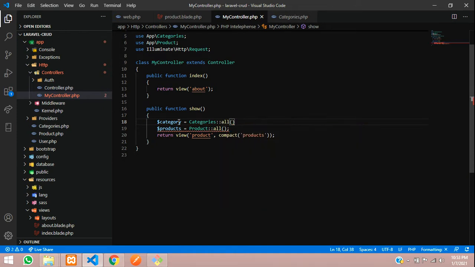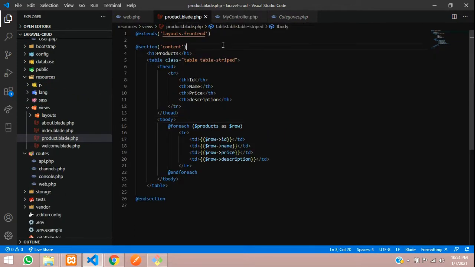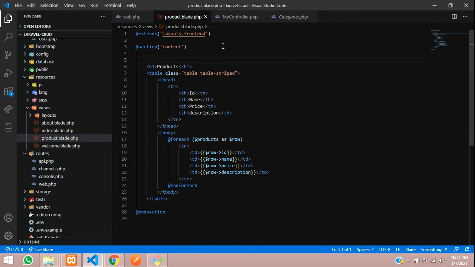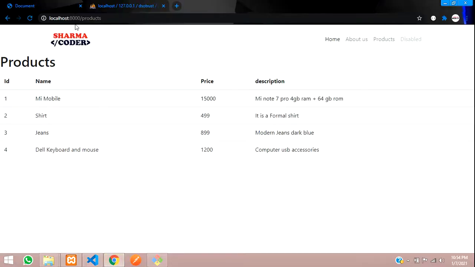So I am fetching all the categories and first let us view if we are getting the output. I'll pass it in this compact function, and we'll go to the products view and show it above everything in a raw format. Put the dollar symbol, and now let us check the output.